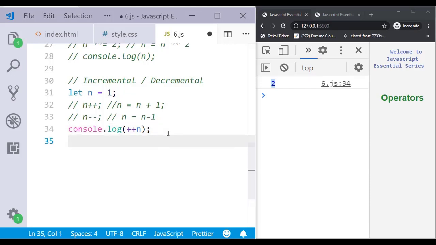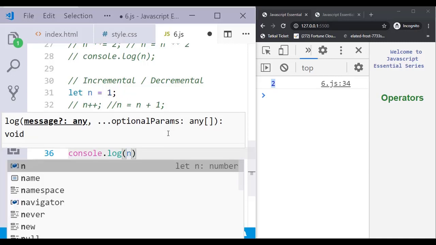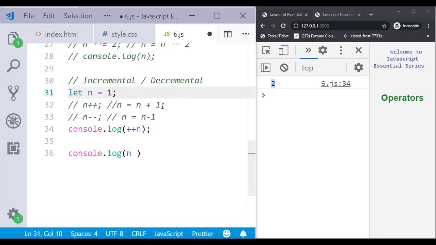Now let me do another thing. Suppose I have n, and I'll keep this n value as 5, and this I will comment, n plus plus into 2. So what could be the output here? Here again n will be 5, and in the next line the n value is going to change.